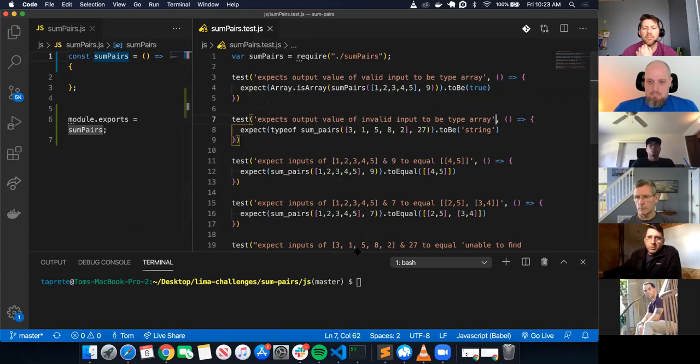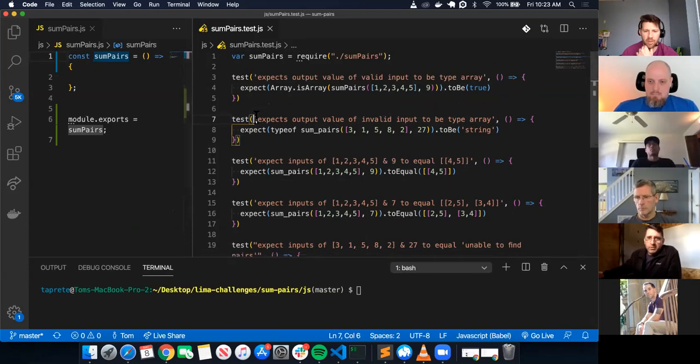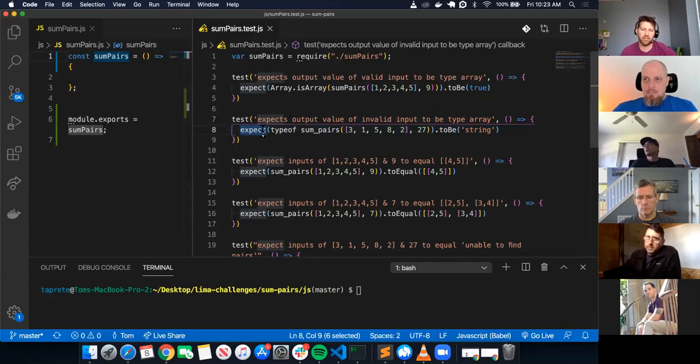Test is a function with 2 parameters. The first one's the string, basically your comment string, and the second one's an anonymous function to run the test. Correct. It actually runs the test. And in that anonymous function, we are passing in